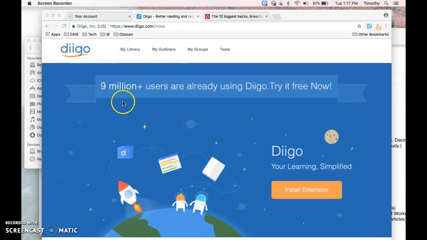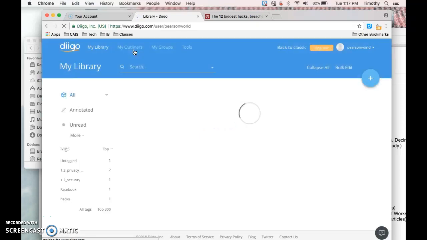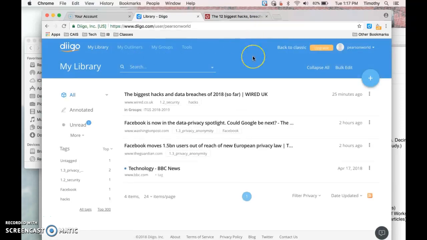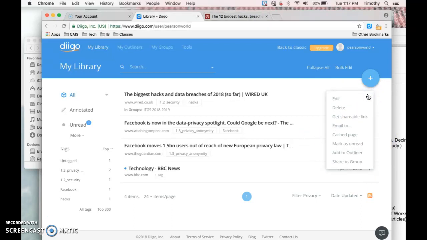So here we are at the home page and I'm already logged in and I'm just going to go to my library. You'll notice that when you log in, you'll end up here at your library and you will see all of the articles in a list form that you have already bookmarked. You'll see over here when you bookmarked them, and if you click on one of these it will show you all the different things that you can do